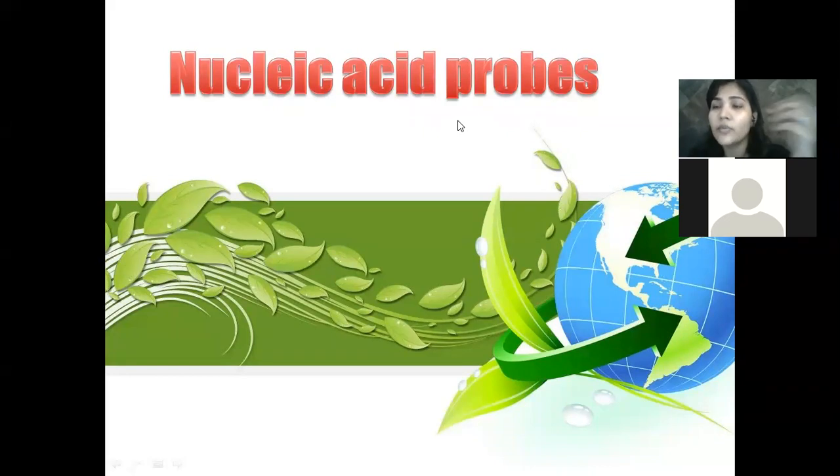So, like I said yesterday, sickle cell anemia, if there is some mutation in the DNA of a sickle cell anemia patient, okay, and I design a probe which can go and bind with that particular DNA, the part of the DNA which is mutated, then I can very easily identify whether that person has sickle cell anemia or not. That is just an example I'm giving you. Okay. Probably that's not the appropriate procedure for detection of sickle cell anemia.